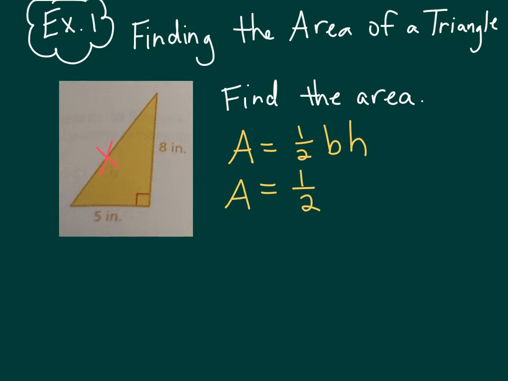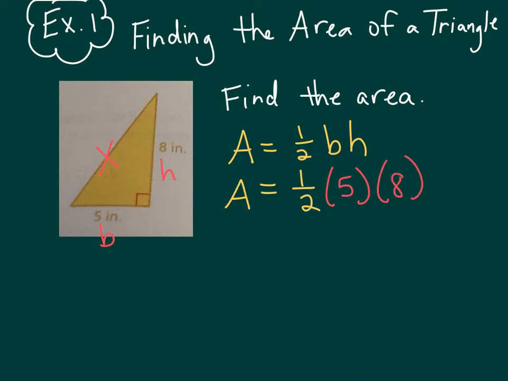So now we're just choosing between these two, which it could technically be either, since the 90-degree angle goes either way or both ways. So for those of you that like to put the base on the bottom, that's fine this time. You can call this the base and this one the height. So you fill in the base to be 5 inches and then multiply that by the height of 8